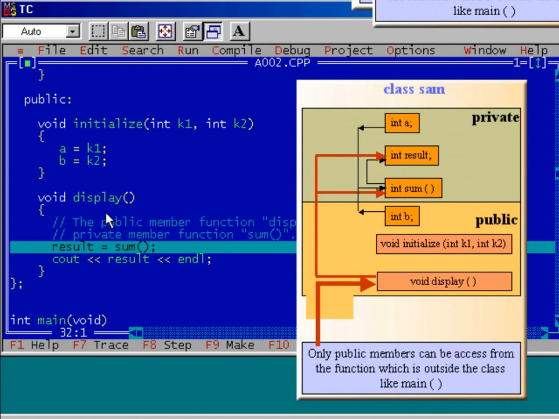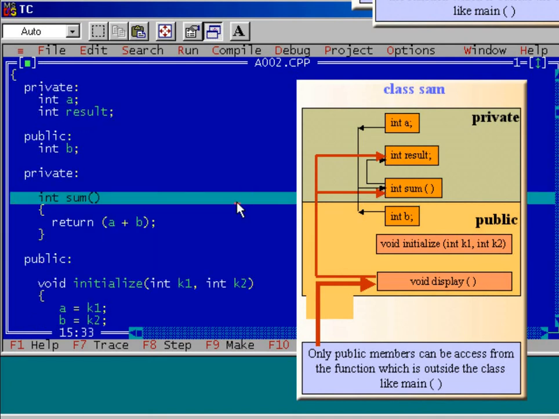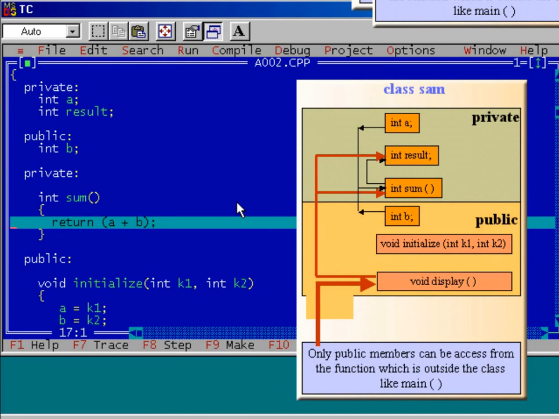What we are doing? Using the public member function, namely display, we are calling the private member function of the class, namely Sam. And which is that private member function? Sum. So let us call it. Press F7 key. Control has jumped to the function sum. What we are doing? We are adding A and B. Remember that from the member function, when we are accessing data members, the dot operator is not required. Directly using the name of the data members, we can access it.